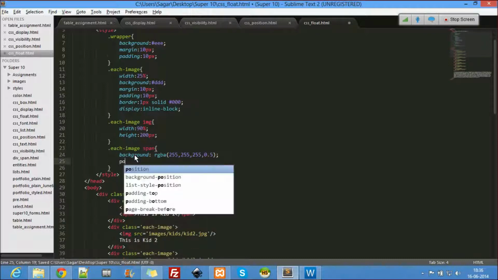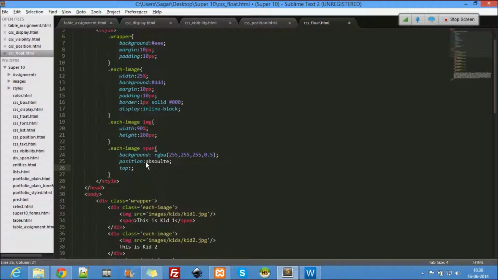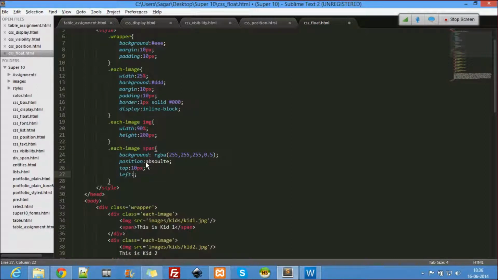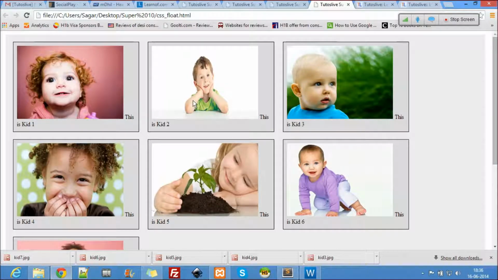Okay, and position absolute, top let's say 10 pixel, left 10 pixel, or let's use bottom. Okay, it looks really cool on the bottom. Z index is the one. Okay, what is Z index? I'll tell you what is Z index in a while. So let's refresh this.